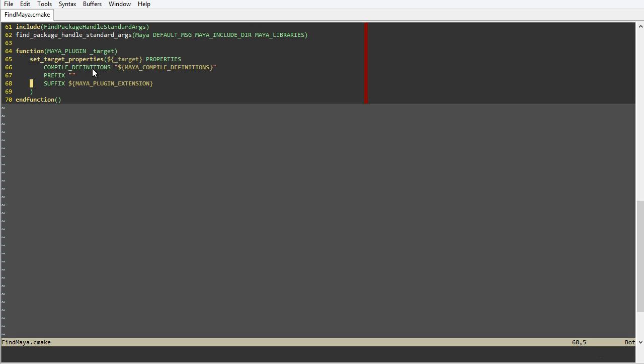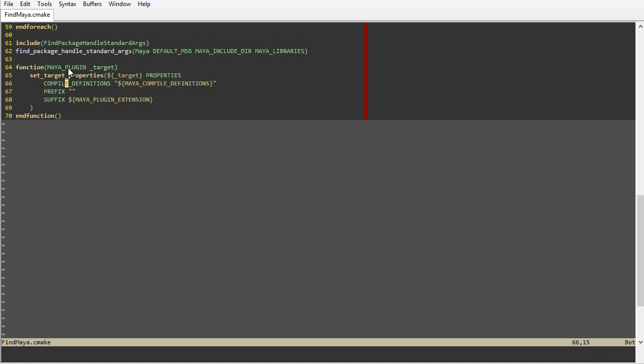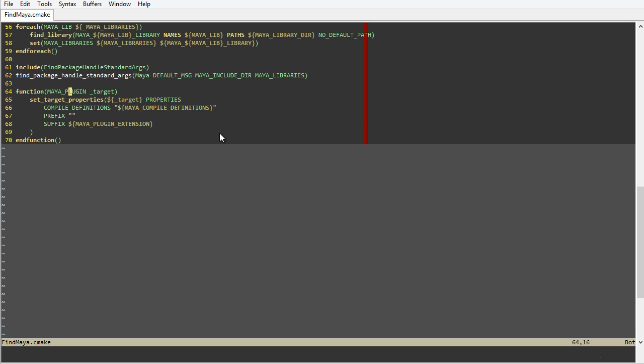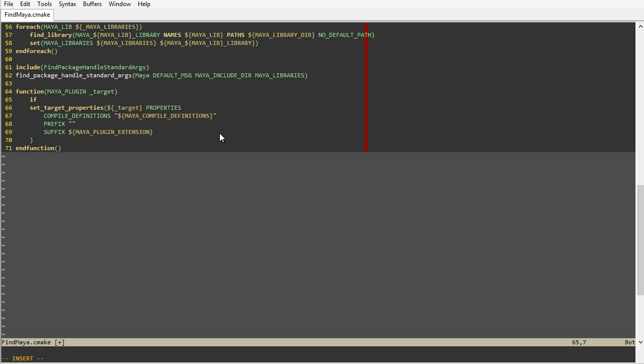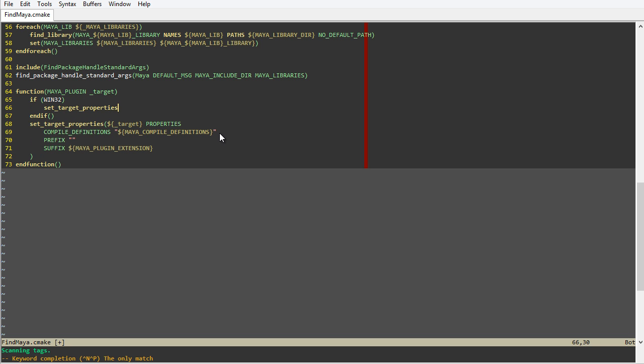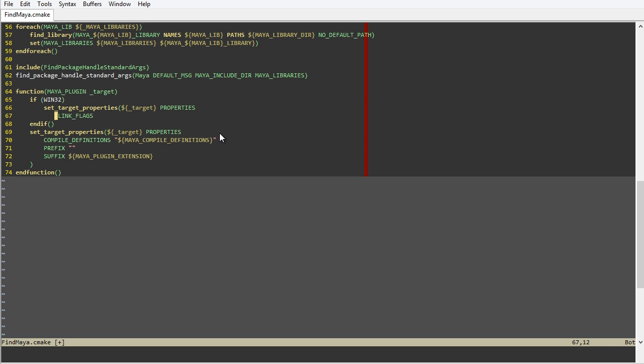So that handles those cases. For the suffix, we have the compile definitions, the prefix, and the suffix. The last thing we'll need to do is an extra thing that's only required for Windows, and those are some extra linking flags that we use. So if we're on Windows here, we'll call setTargetProperties on the target, and we'll specify some linking flags. And the flags we have to specify are export initialize plugin and export